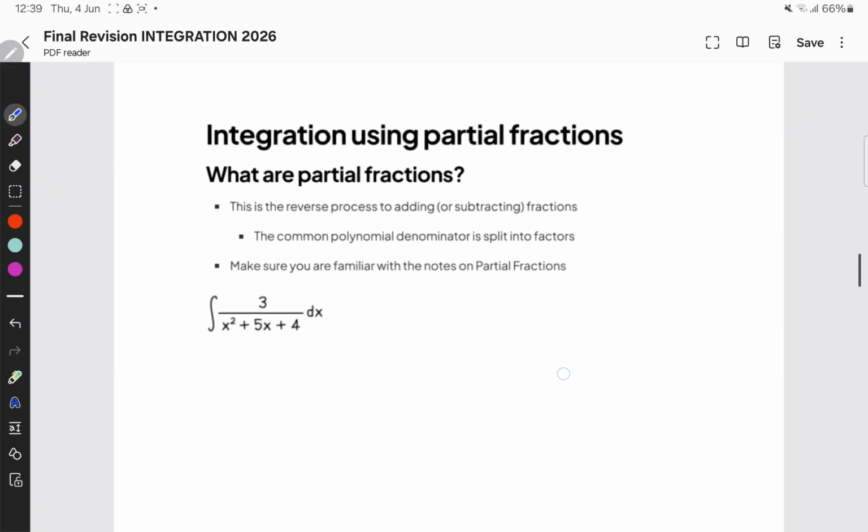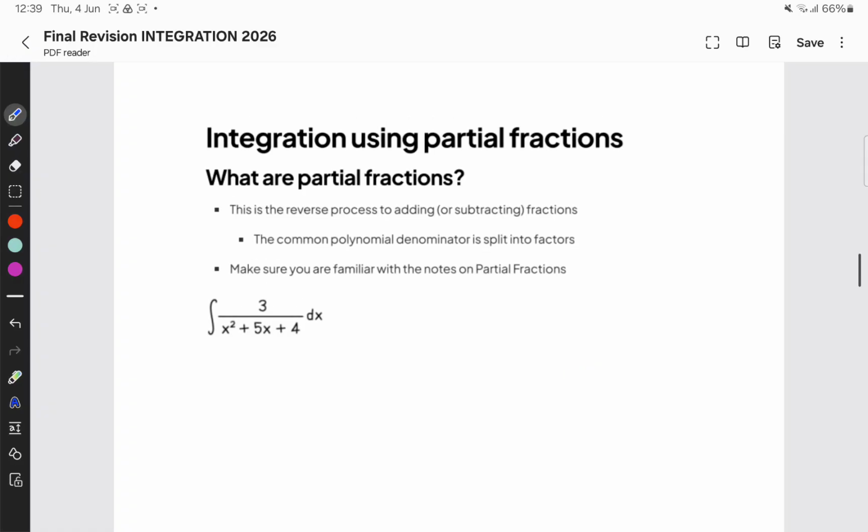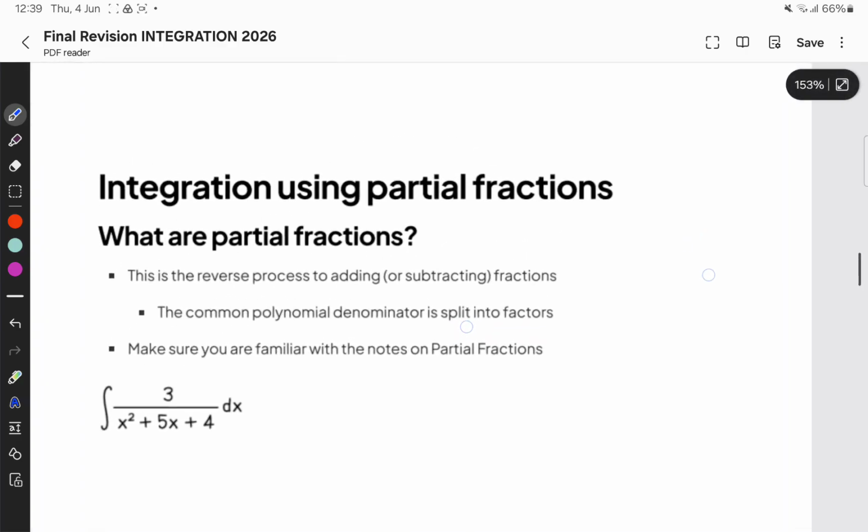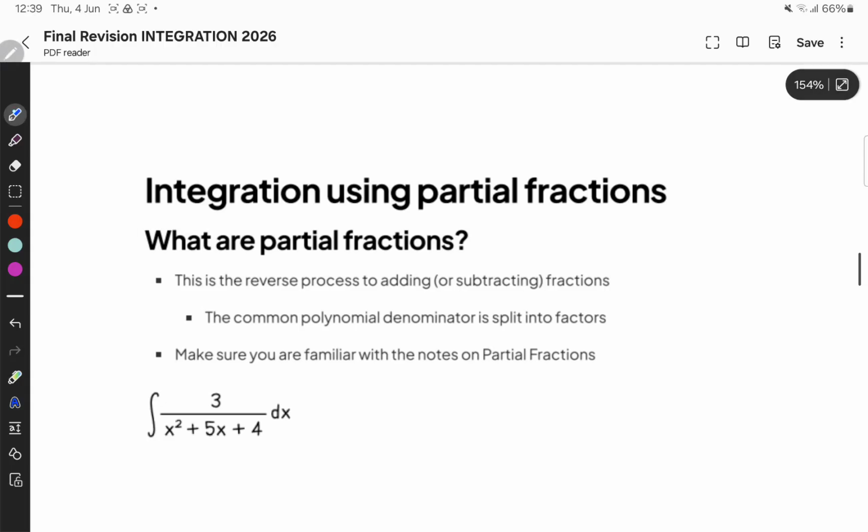So now we are going to integration using partial fractions. How to know I will use partial fractions? If you have in the denominator more than one factor, maybe you have a quadratic expression that can be factorized or cannot be factorized. But first of all, I need to remind everyone here that,